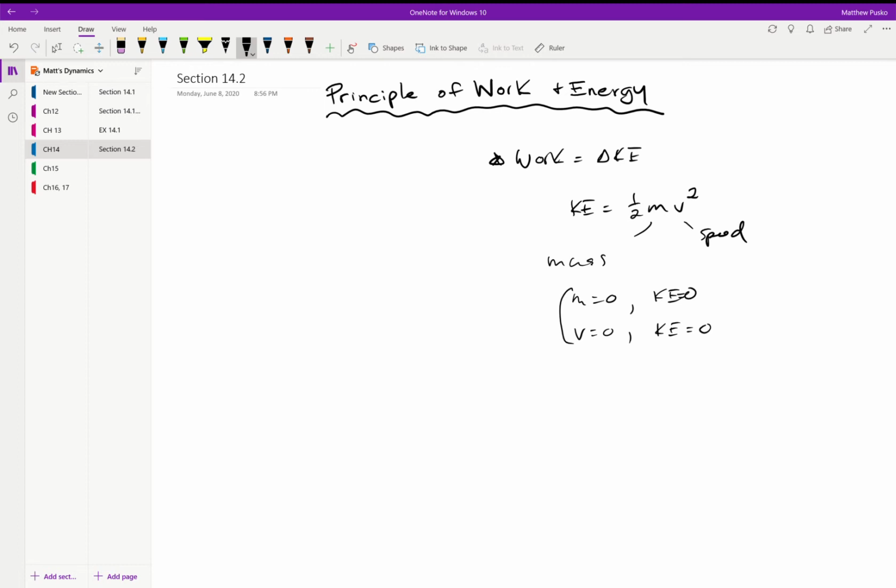Alright, now let's derive this. We have maybe some path where a particle goes from 1 to 2. Here's our particle in the meantime, and it's got some velocity that's tangent to the path. And if it's a curved path, it doesn't have to be, but if it's a curved path, then some force is driving this from 1 to 2, doing work. Then we can say